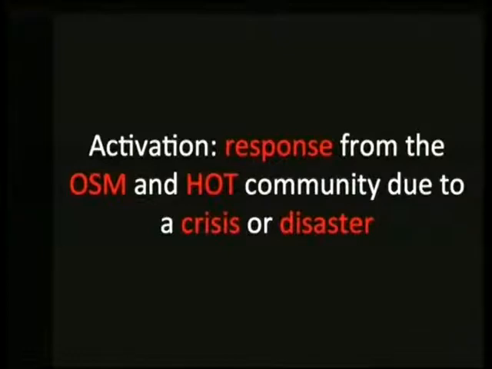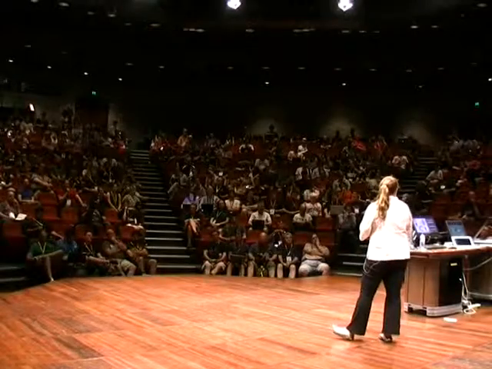So the activation, as I said, is sort of a call out. This is in general done completely remotely by volunteers all over the world. And the idea is that anyone can help from the comfort of their own home or a mapathon or event to add and contribute information.